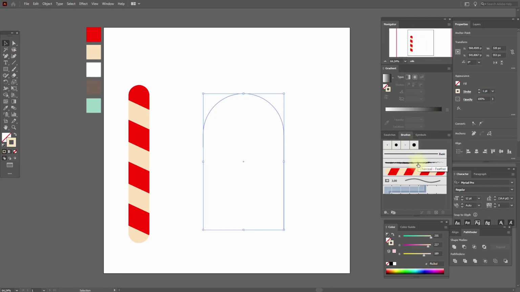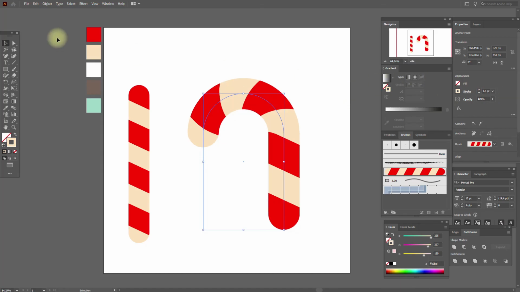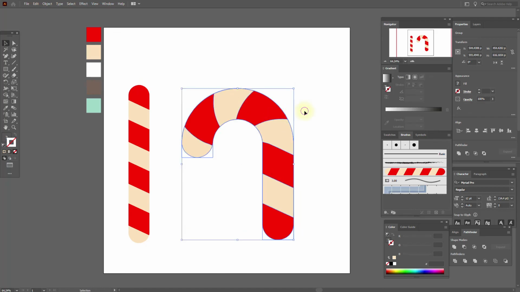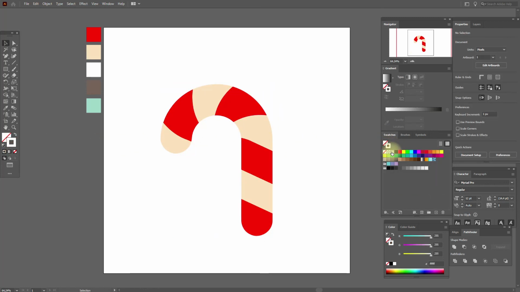Now select this brush and here we need 1.5. Okay, now object, expand appearance. Okay, you can delete this one. Great. Now select white color and brush tool and draw the line here